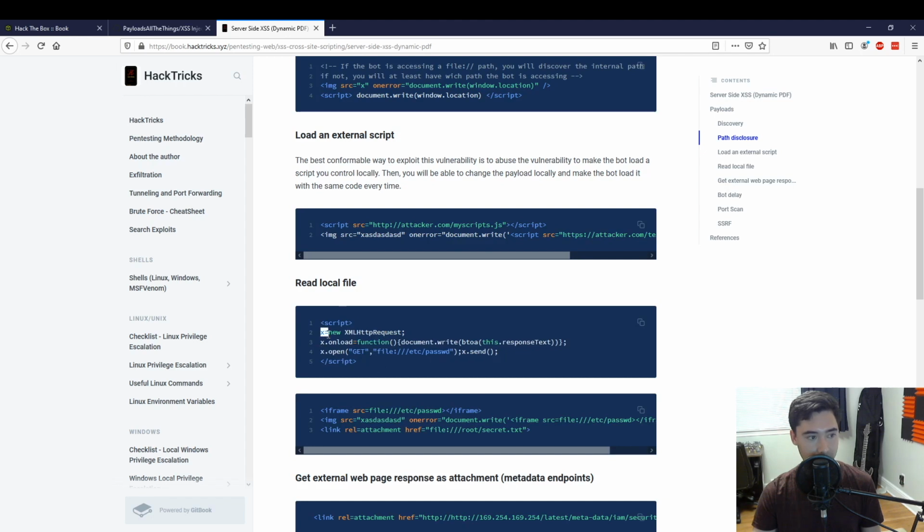So script x equals new XMLHttpRequest. By the way, this is how you send HTTP requests from your browser. So as soon as x loads, it's going to go and base64 this response text. So it's going to open file /etc/passwd, send, and as soon as it loads the results right here, it's going to write them to screen. So let's go ahead and copy this, and